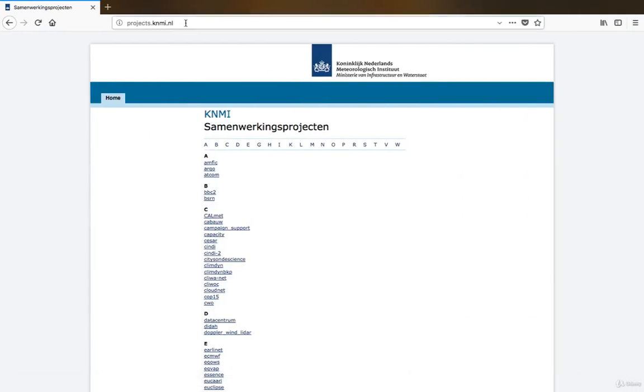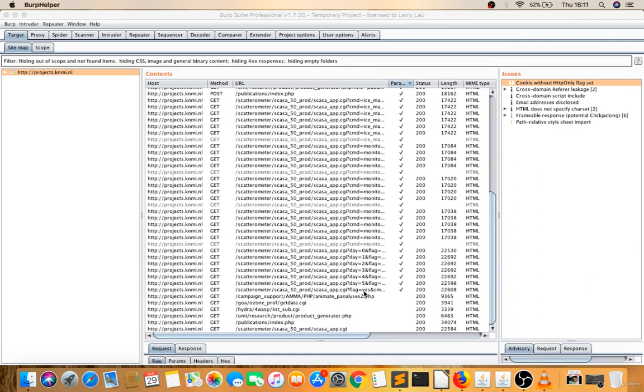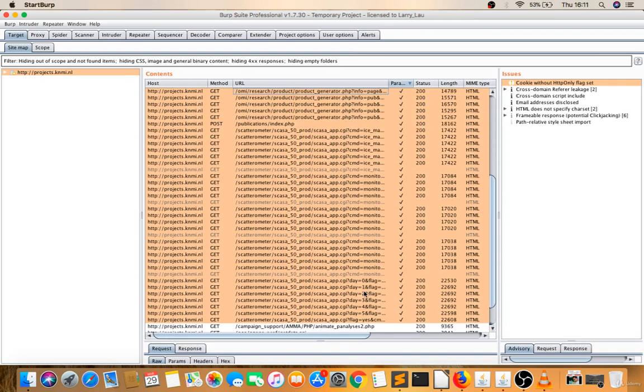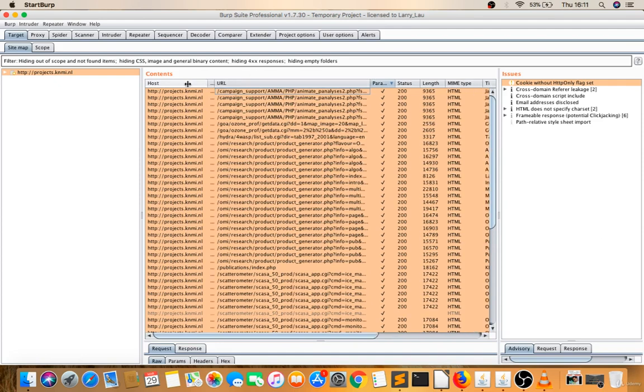Now, I think I already spidered this. See this website, you have to first spider this. Now see, you need parameters. So let's filter. Okay, it's already filtered all the parameters. So you have to just test this many URLs one by one to find cross-site scripting there. So I will maximize the URL.